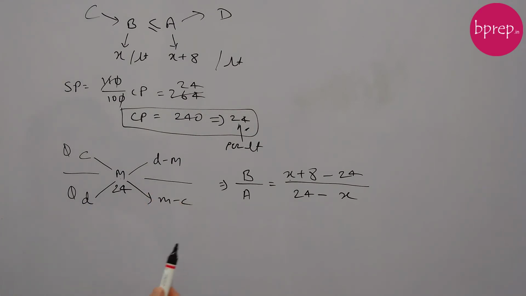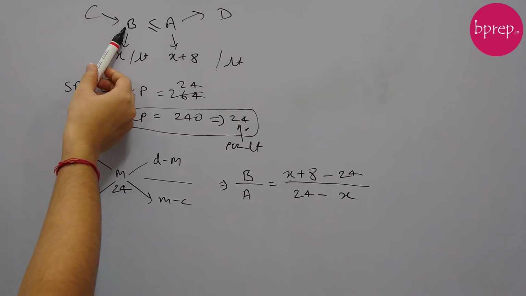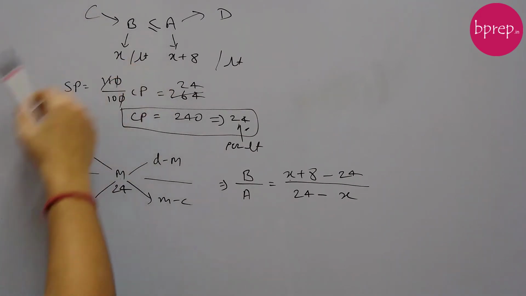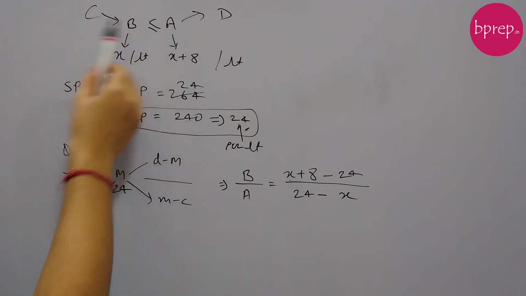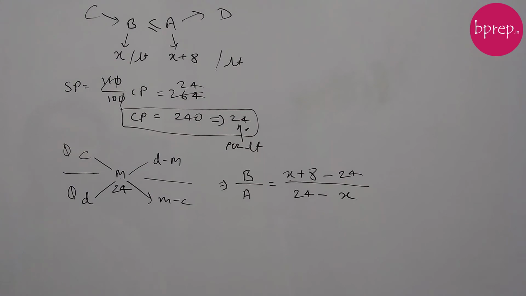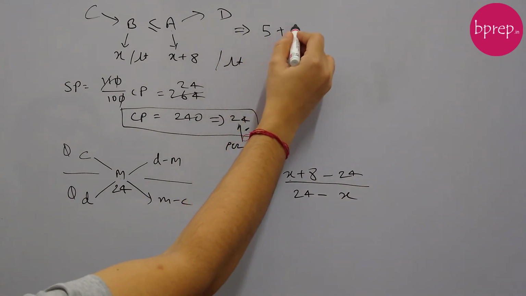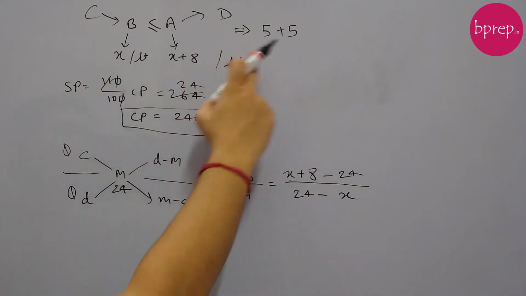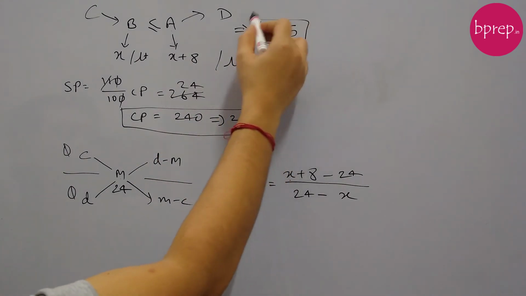we need to find out the maximum cost of B. So maximum cost of B will be possible when the quantity of B is higher, okay, and the maximum quantity of B is possible when B is equal to A, otherwise B is less than A. So the maximum quantity of B can be equal to A. So if we have a total mixture of 10 liters, then A has to be 5 liters and B has to be 5 liters, right? Both of these have to be 5 plus 5. Then only the quantity of B will be maximum and the price of B will be maximum, right?